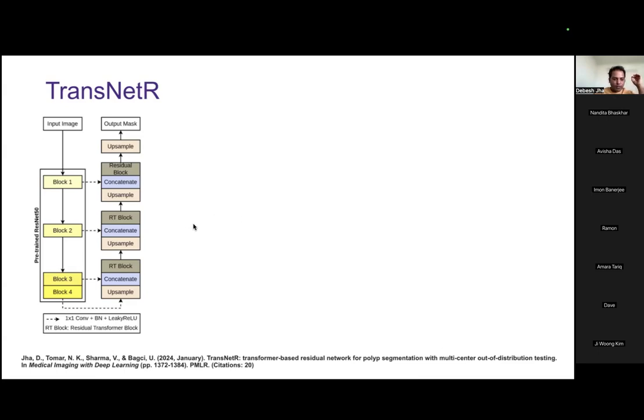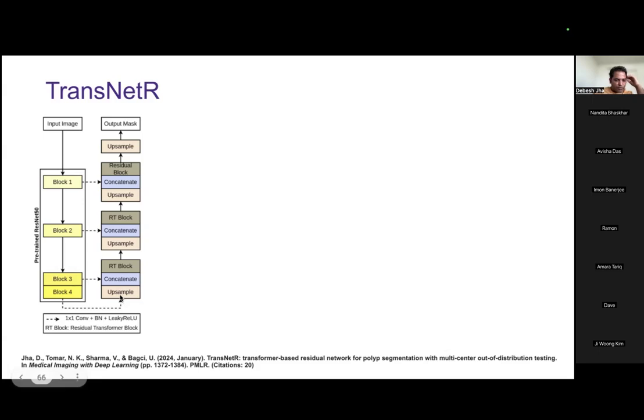So this is the algorithm I developed in 2024 for MIDL. This is our segmentation algorithm. We call it TransNetR. Here, this network is an encoder-decoder architecture, and it uses ResNet 50 as an encoder. The features are extracted at different blocks, and then passed through